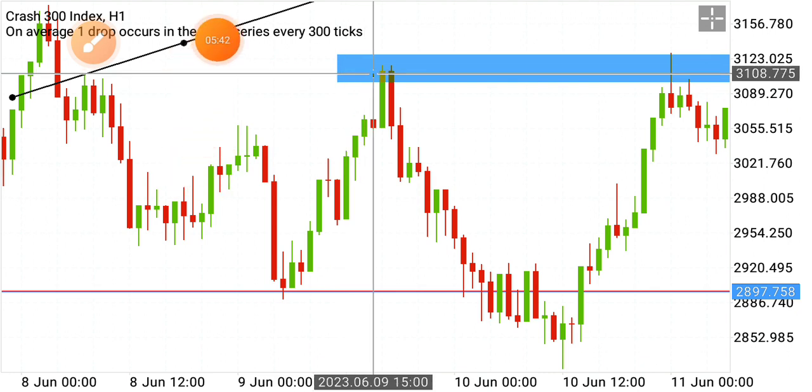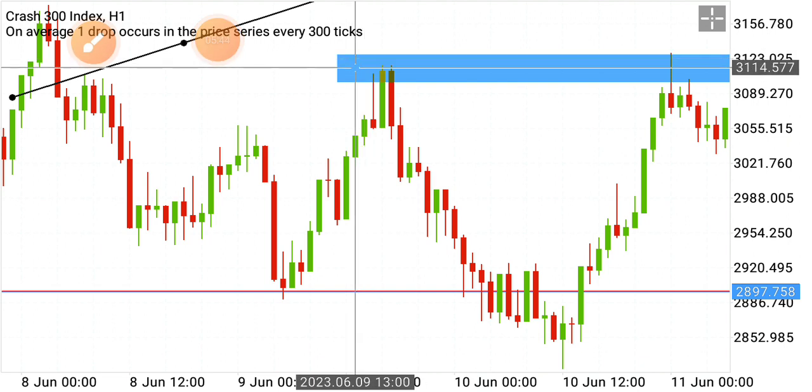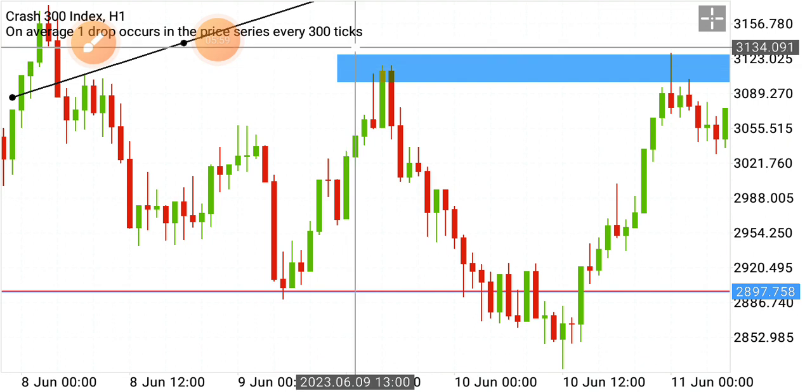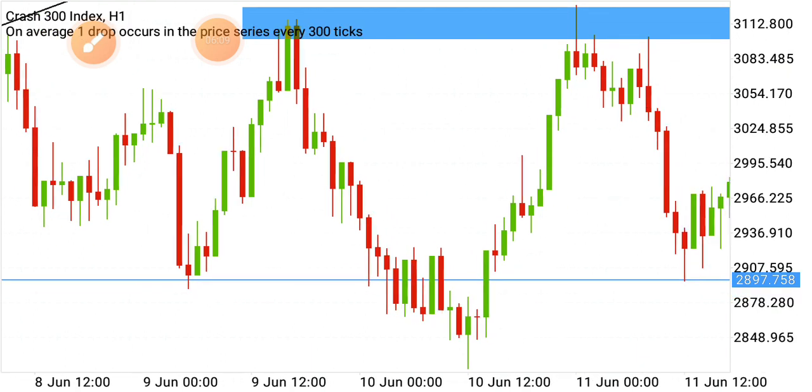once price gets to this place, I would, in fact, before then I would already set my sell limit at this point, this price. Set my sell limit. Once price gets there, I place a sell trade and put my stop loss a few pips above where I entered. You see now,